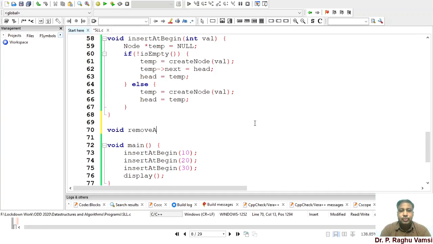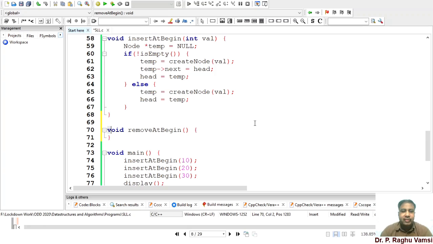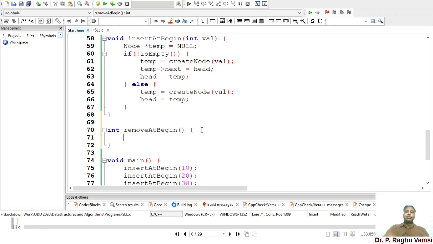Void remove at begin. Basically the return type should be integer, because whatever value we remove, or whichever node we have removed, the corresponding value should be returned.